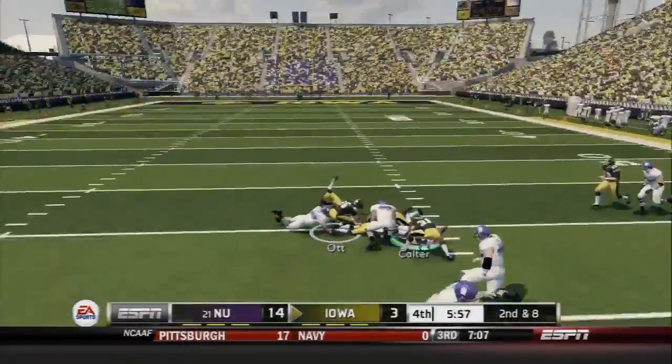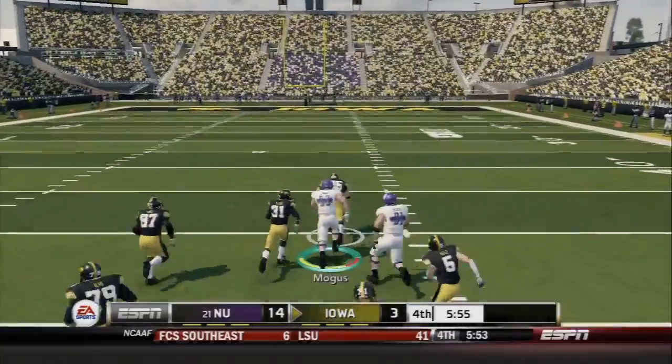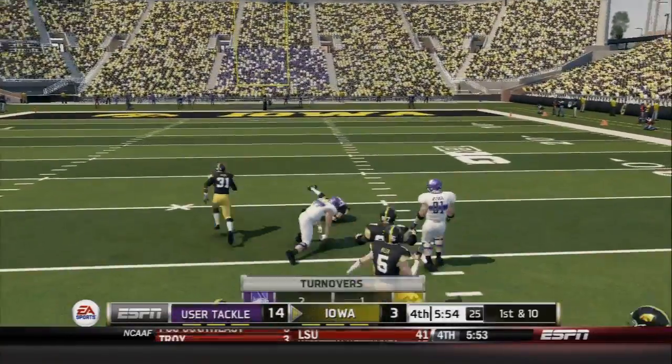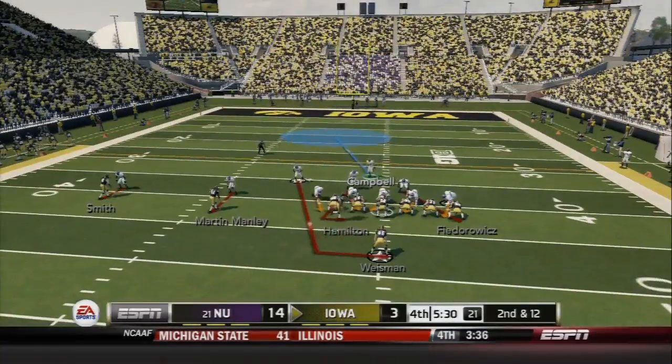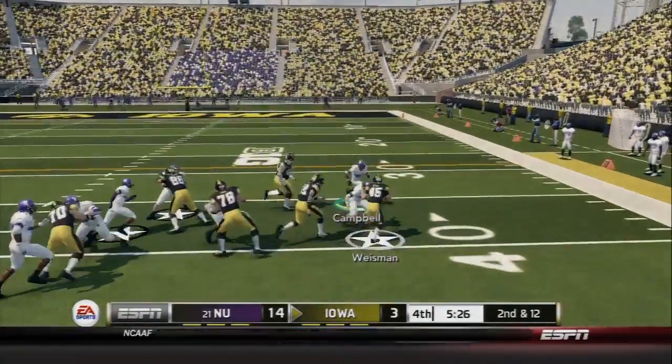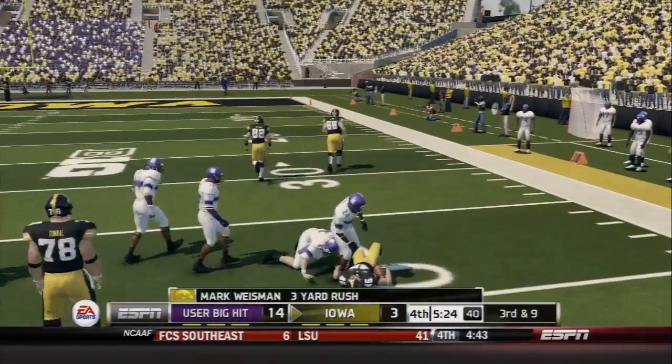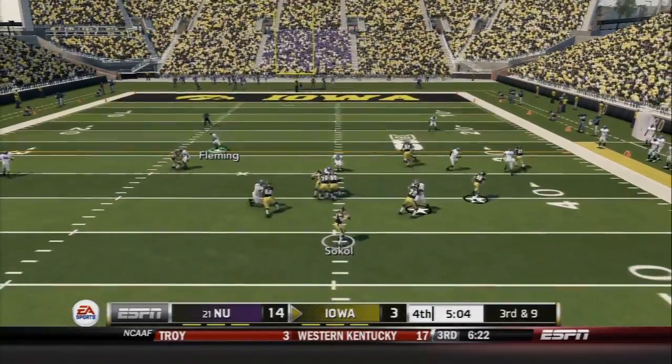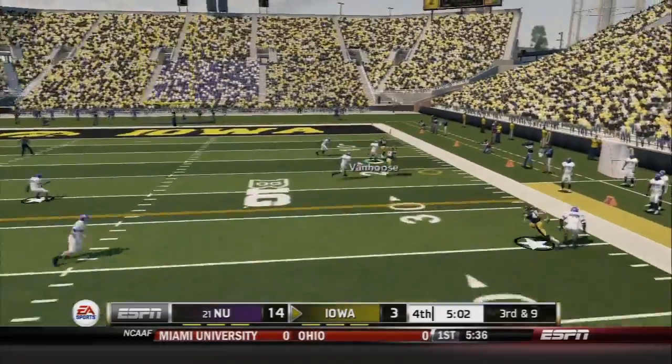And another crucial turnover is going to happen, as this time Kane Coulter drops the ball instead of throwing it to the other team, and Iowa still has hope, only down 11 points, moving up the field, as they're going to take it right around to about the 35-yard line. So again, we've been doing this lately.